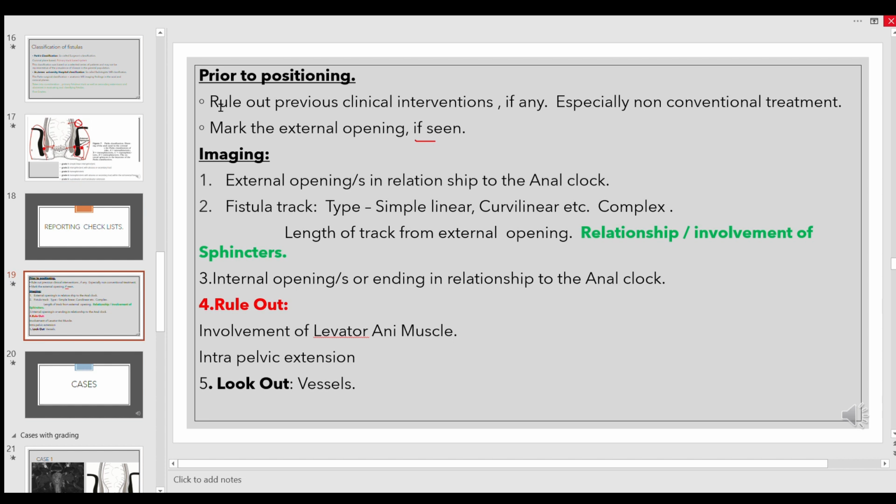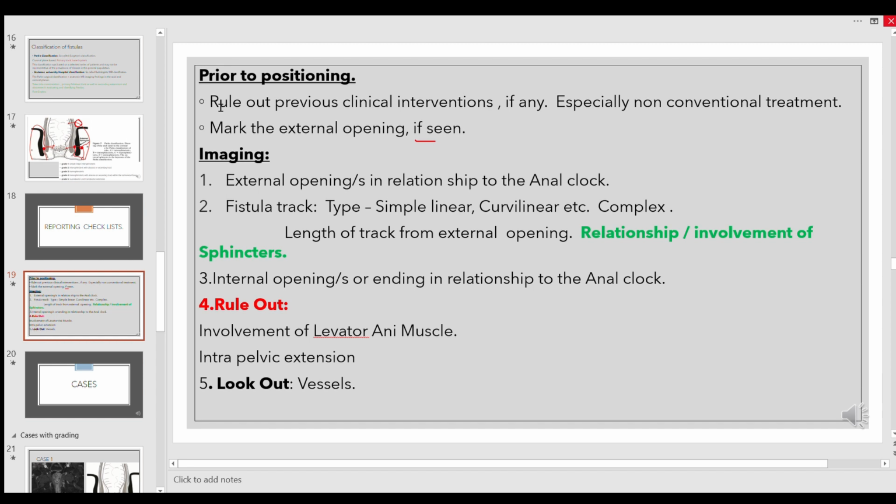Any surgery done in the previous history should be noted, along with the time of the surgery, especially because if they have done some suturing using MR sensitive materials, that can cause different kinds of artifacts in the MR imaging, spoiling the study.